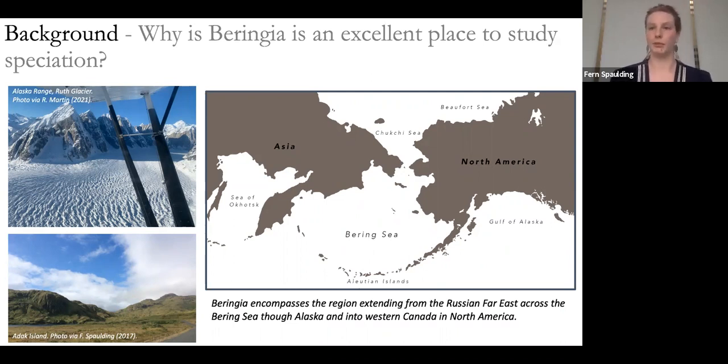Historically, throughout the Pleistocene, Beringia has experienced fluctuations in climate, specifically glacial and interglacial periods. And as a result, the high latitude flora and fauna that reside in this region have had genetic consequences as a result of these climatic fluctuations, allowing for range contraction and expansion, which results in potential for secondary contact as these populations are being separated and then able to resume contact during these interglacial periods.